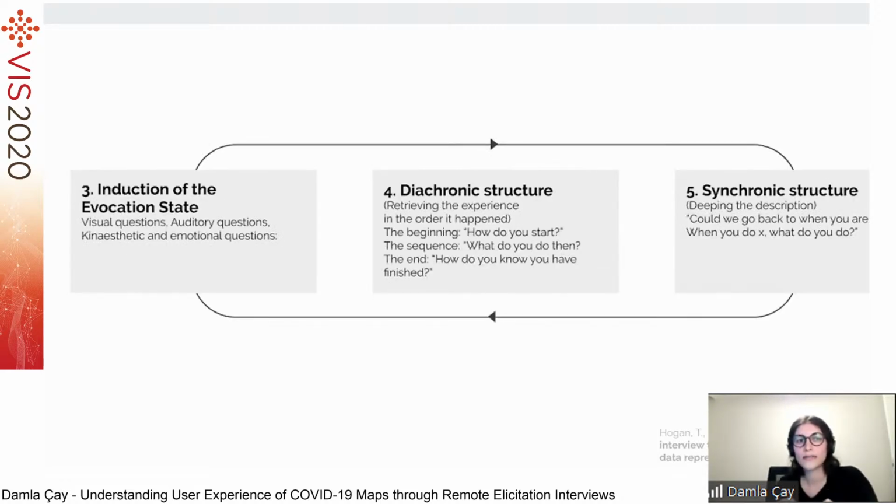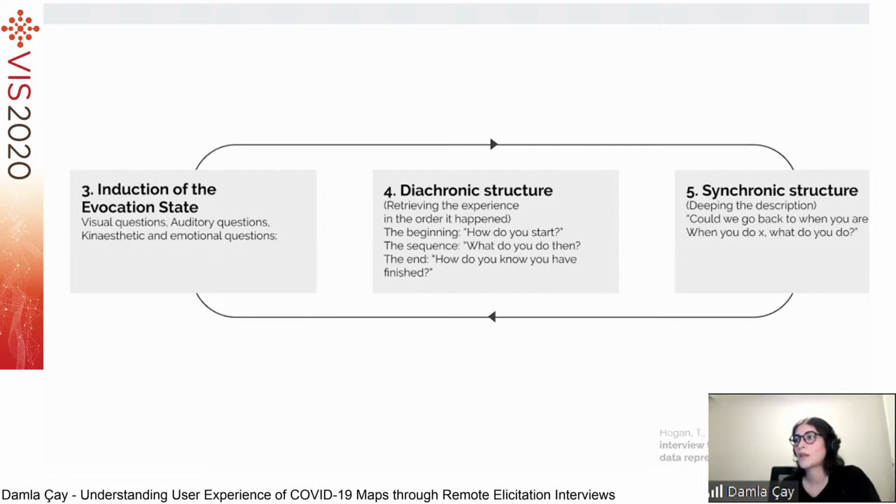After this, the third phase begins, where the evocation state is induced through visual, auditory, kinesthetic, and emotional questions. Some examples of these questions are, when you are there, what do you see? What are you hearing? What are you feeling? The fourth phase is the diachronic stage, and it aims to understand the temporal structure of the experience, how it unfolded